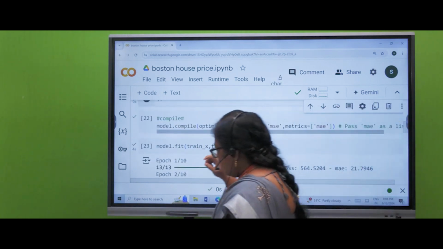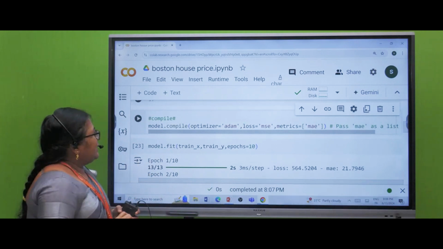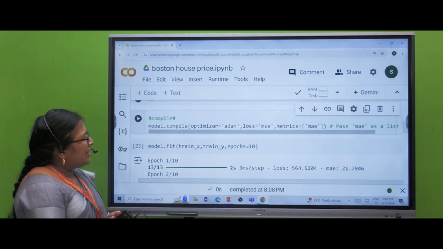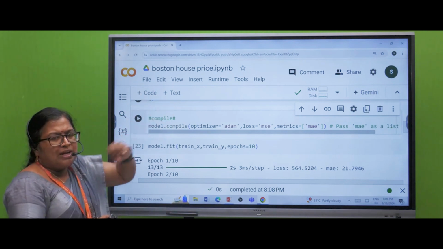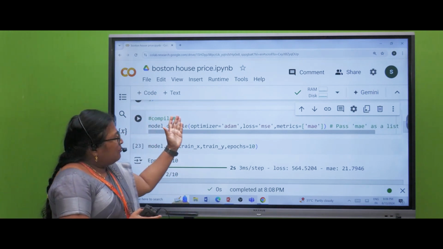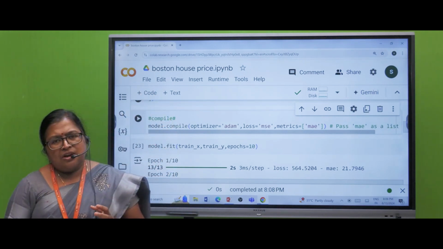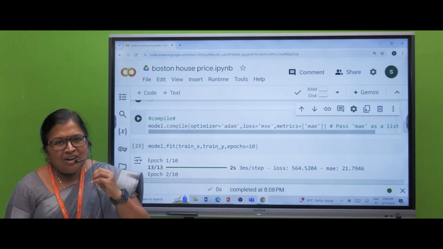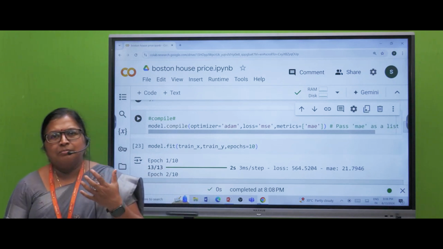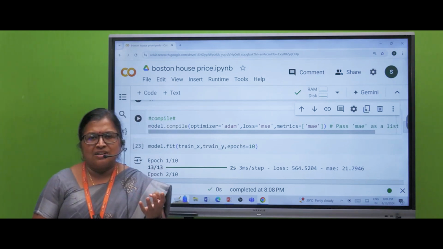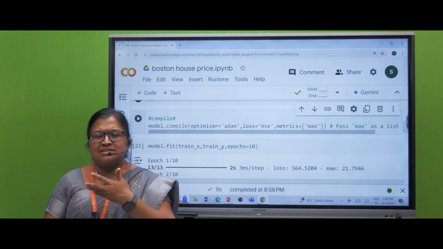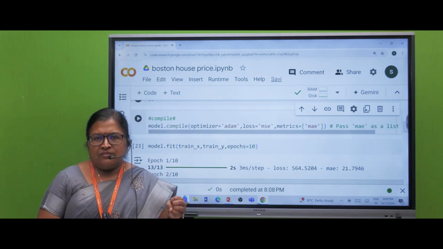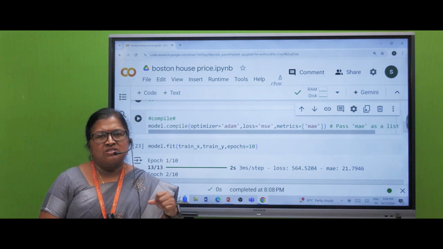Once it is built, now I'll compile. My layer is built. Now I'll compile that neural network model. So my algorithm is built. While compiling in neural networks, you have to concentrate. If it is a machine learning problem, while compiling you have to concentrate on the metrics. You just fit that line and then compile, and you'll see the metrics like accuracy, recall, precision, R2 score, confusion matrix. Only these metrics you concentrate on.